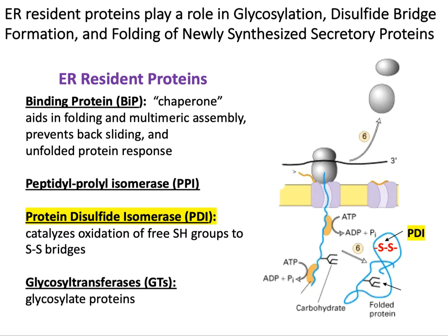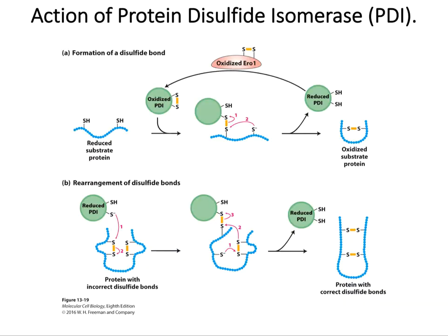Another important protein in the ER lumen is the protein disulfide isomerase, or PDI, and it catalyzes the formation of disulfide bridges in proteins, which also aids in the appropriate folding. So we are going to take a look at these. The PDI forms and rearranges protein cysteine disulfide bonds. Its active site contains two closely spaced cysteines that are easily interconverted between the reduced dithiol form and the oxidized disulfide